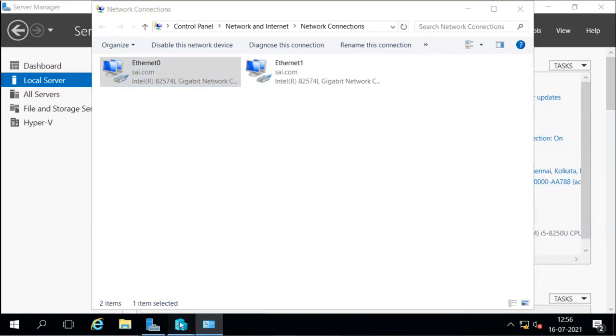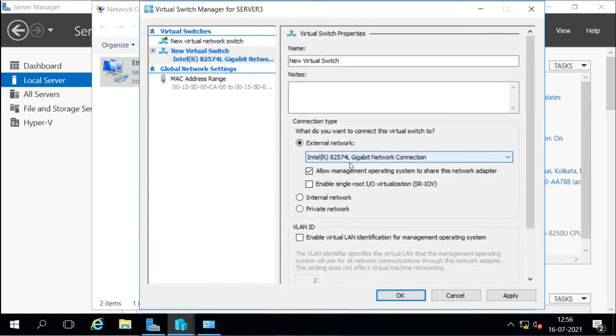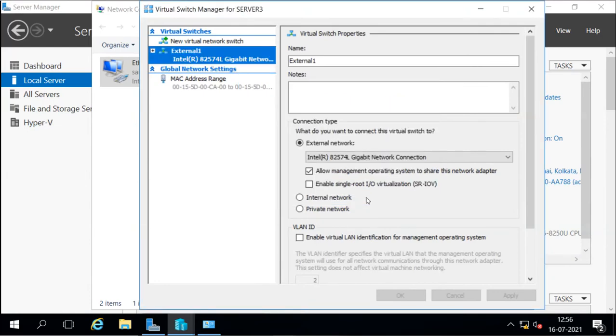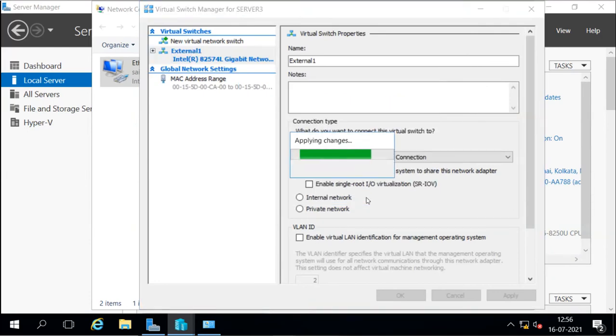So I will go back to Hyper-V, this virtual switch setting. I will give the name, and I'm going to select, you can see these two. This is the one used for the storage traffic, and this is the one we are using for all the other traffic, like node to node traffic and also for the clients. So I'm going to use this one for Hyper-V traffic also, and I am selecting it. It says that for the time being it is going to disable the network. So I say yes.